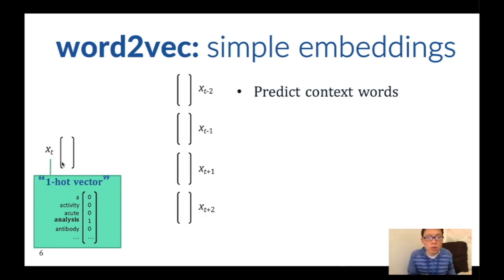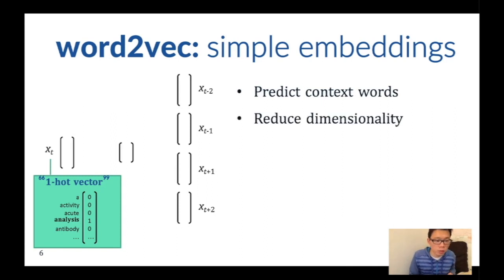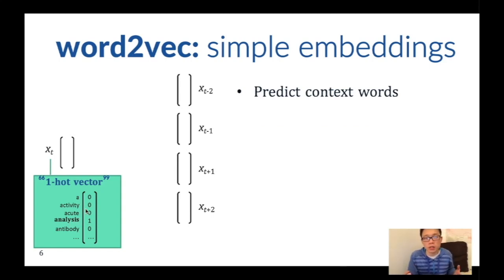And what you're trying to do in this particular word-to-vec model, it's called the skipgram model, you are trying to take the word that you have and then predict what are the words that are going to be nearby the word analysis. Okay, and the way that we're going to make this prediction, well, let me just back up a little bit. I forgot to talk about this. So the representation for the word analysis is what we call a one-hot vector. In other words, there's a 1 here for the word analysis, and everywhere else for this vector, which is going to be as long as the whole dictionary. It goes from A to Z.